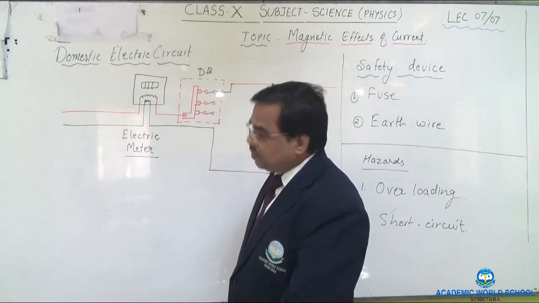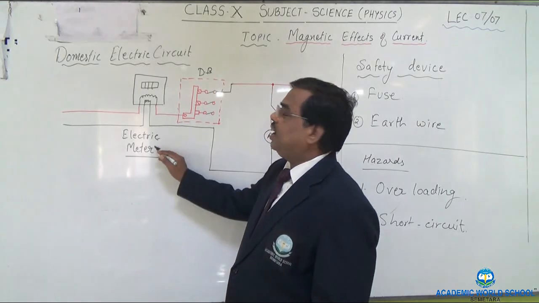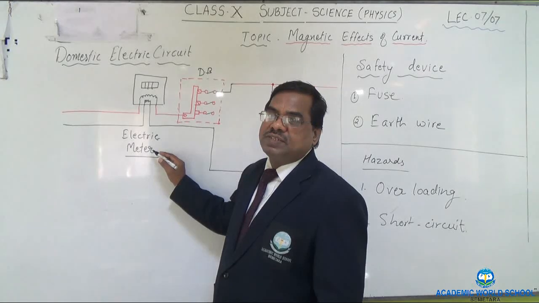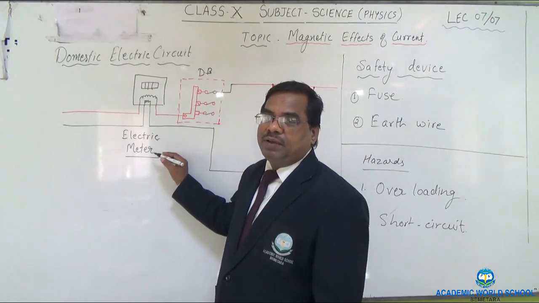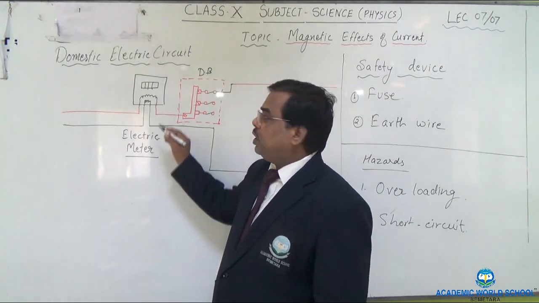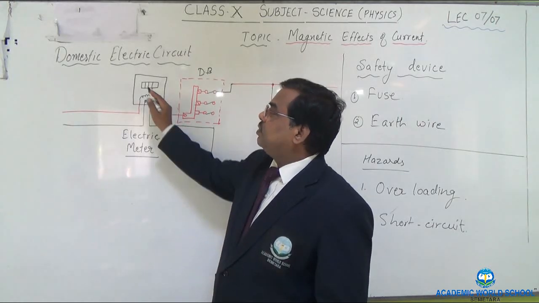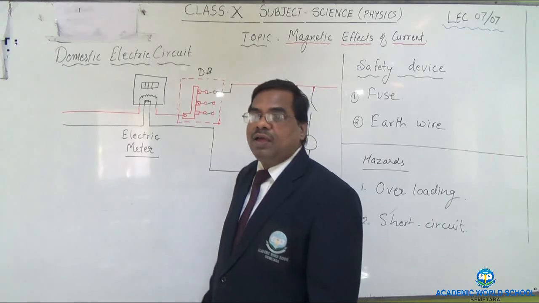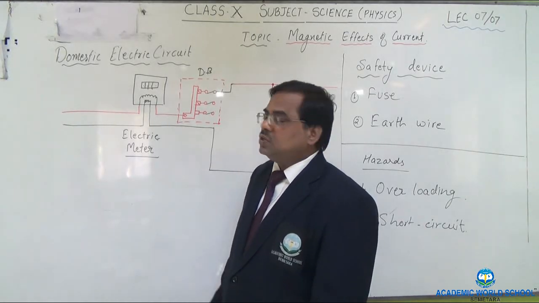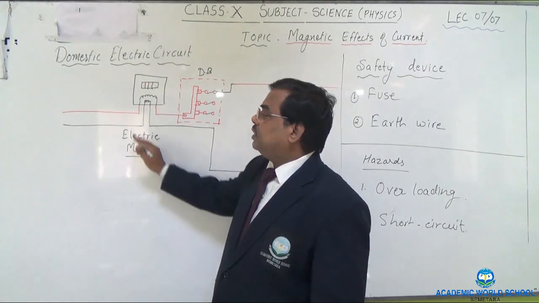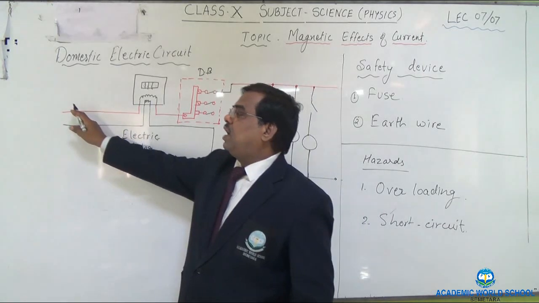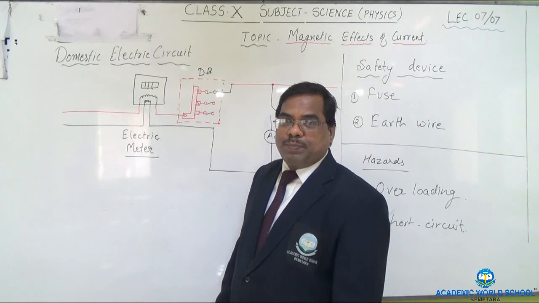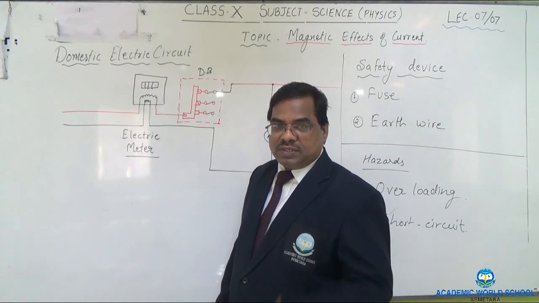In every home there is an electric meter. You can also find out where the electric meter is positioned in your home. In every electric meter there will be some digits that tell you about the electricity consumption. In every meter two wires are coming from the electricity pole. The electricity department of your locality